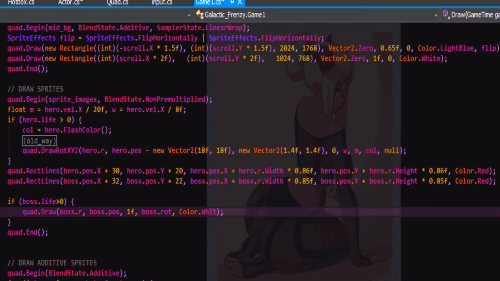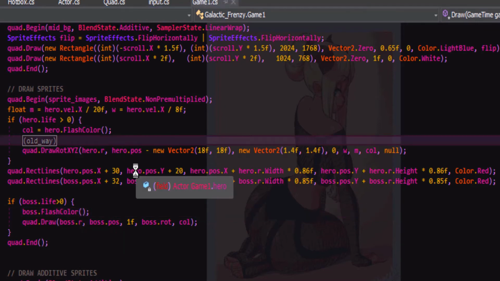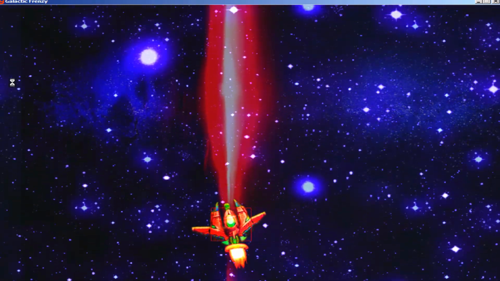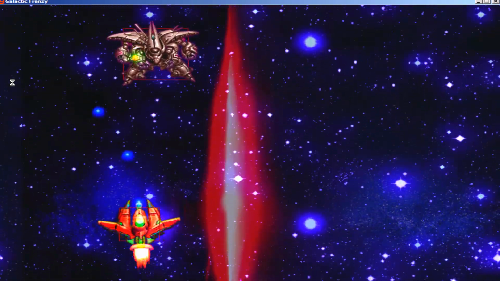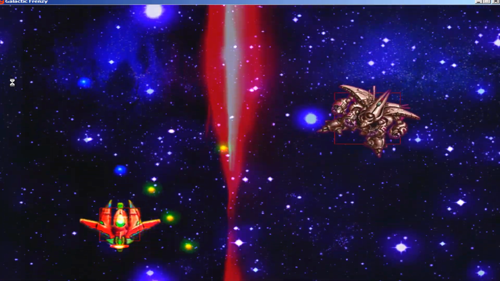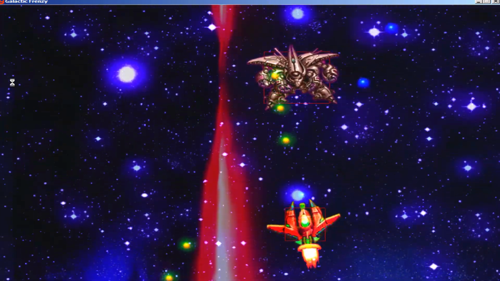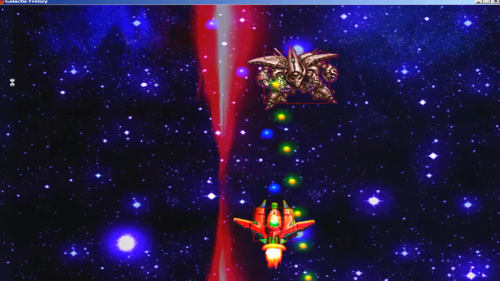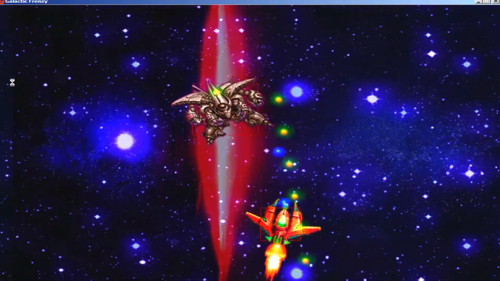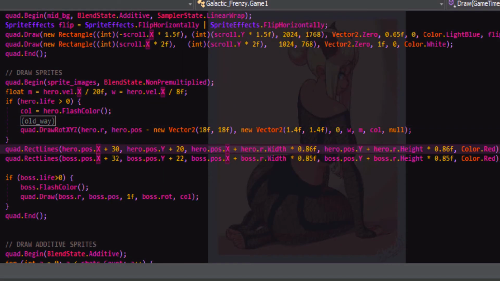And we can do the same thing for the boss. We can set this to color, but we want to make sure that we're getting a flash color for the boss. So we'll say boss.flashColor. All right, let's try that out and see if we can see any indication that we're doing damage. Okay, yeah, we're damaging each other. Oh, apparently I wasn't doing damage there for a second. Looks like sometimes you can't see the flashing, so we might have to fix that a bit.